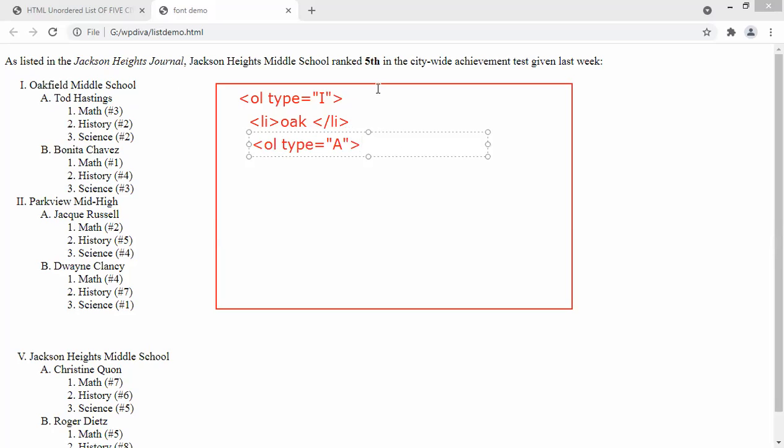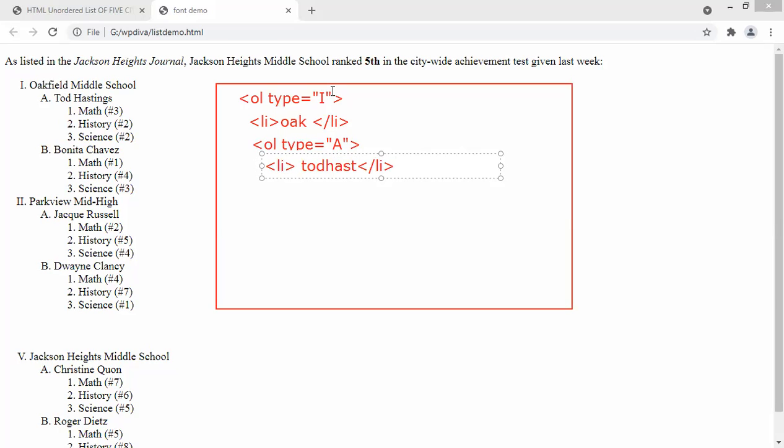Now this is over. I have taken this one. A is over. Now I want to add this Todd Hastings. It is a list under that Roman A. So how are we going to write that? How are we going to include that? Here I will take LI, and in that LI I am going to take Todd Hastings. Whatever Todd Hastings, and then I will close this list tag. Do you agree?